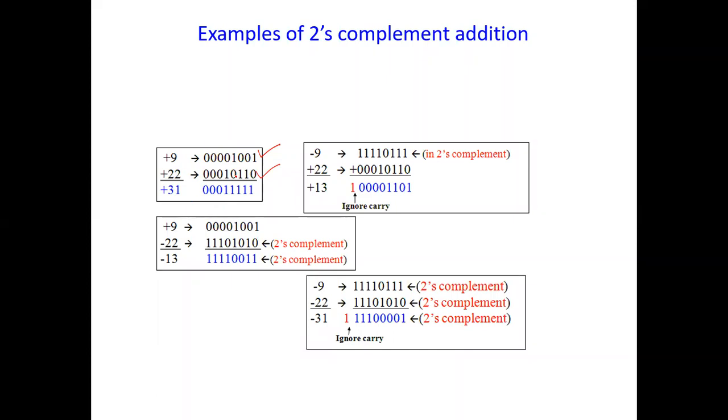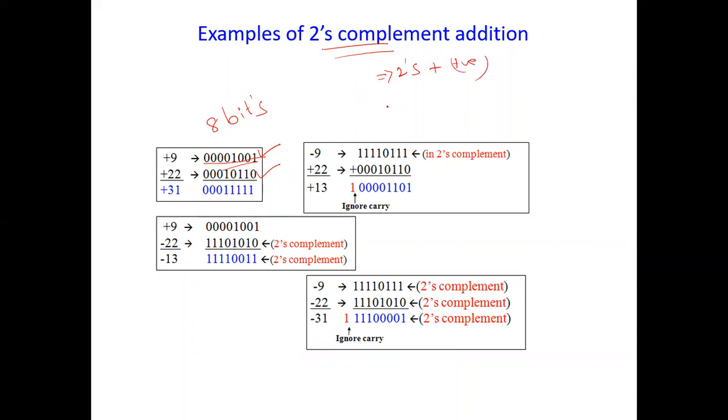So this is the final answer, whatever we have done. But here they have taken 8 bits, they have constantly taken all the numbers as 8 bits. But I have not taken it in that form. So if you want, you can solve more and more problems. Then only you will understand the 2's complement addition. It's very simple. If any of the numbers is written as negative, you have to convert it into 2's complement and perform addition.